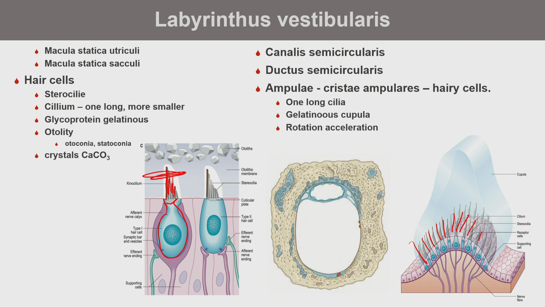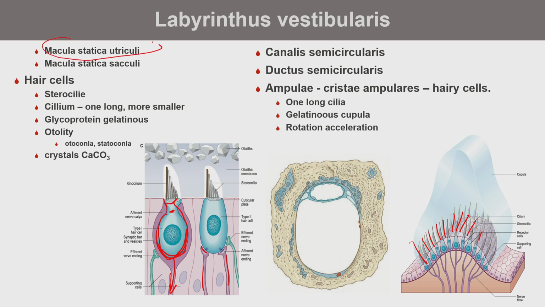The motion of the cilia makes an electric potential, better to say a negative potential, inside the cell, and then it is transmitted into the synaptic system of this calyx or afferent nerve endings,